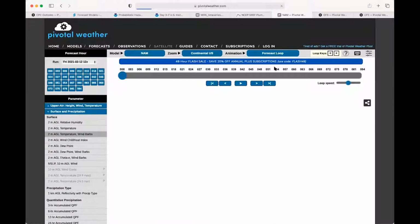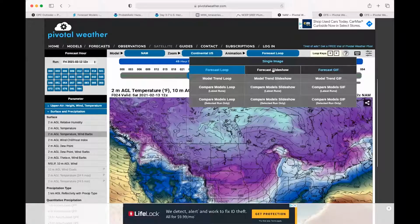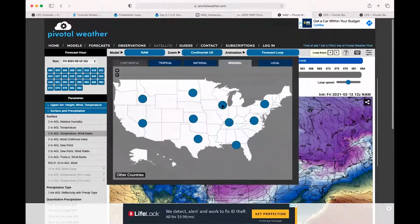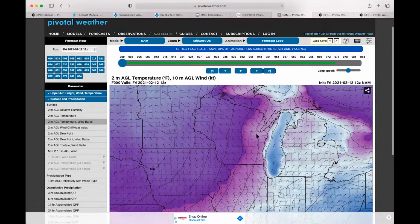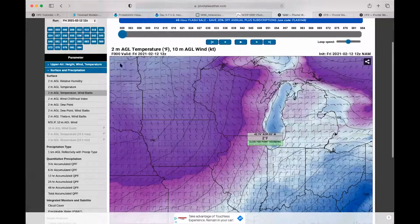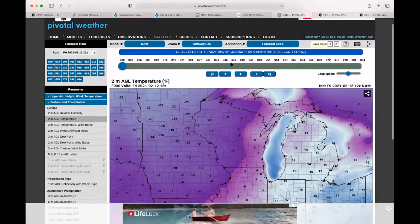And actually, let's zoom in a little bit, and we can look at the temperature forecast, and also bring up the MOS numbers for this. Let me just go here. I think I already have that map set up, but I'll go to temperature. So you can see we have winds. They're not super strong, about 5 to maybe 10 knots. If I bring the temperatures up here, this is Friday morning. Let's go to Sunday morning,